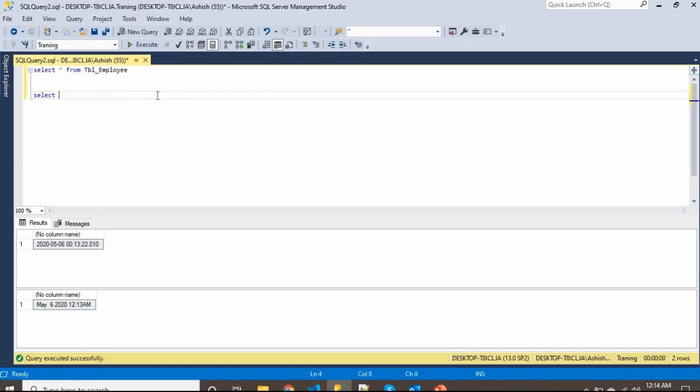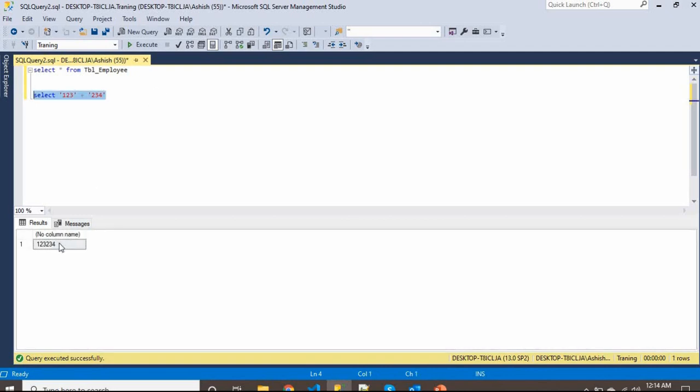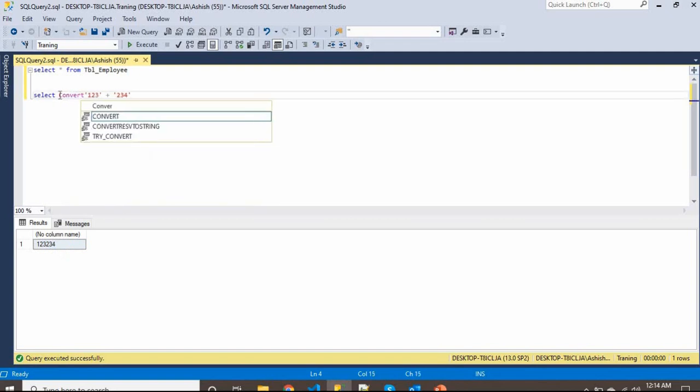Suppose you have 123 and now you want to add to it. See what you are getting: 123 and 234 gives 123234, which is concatenating those values. So if you convert this, now you want to make it an integer.